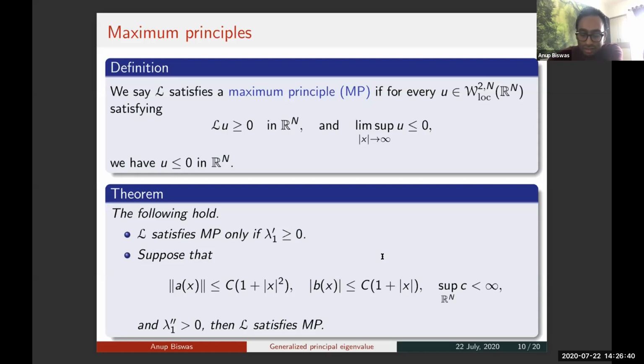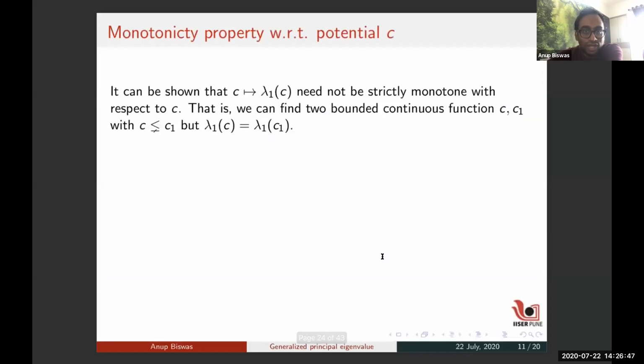Okay, so that's the extension of the maximum principle in unbounded domain. Now there is another property which I mentioned: monotonicity with respect to C in a bounded domain. If you increase C, then the eigenvalue decreases strictly, but it doesn't hold true in an unbounded domain. So what happened is that if you look at this map, it need not be strictly monotone with respect